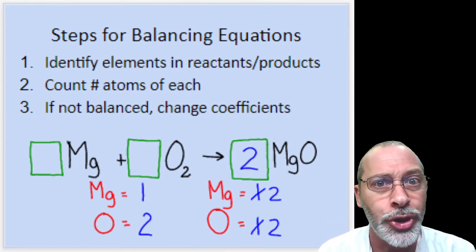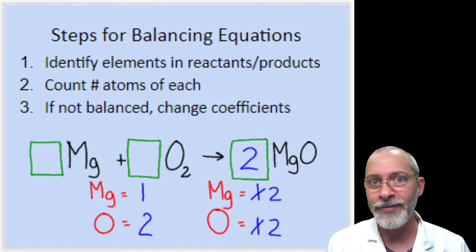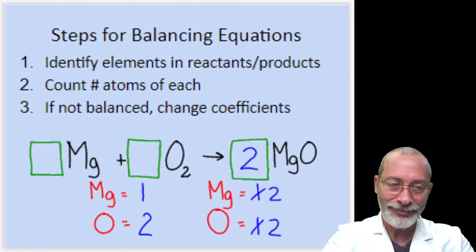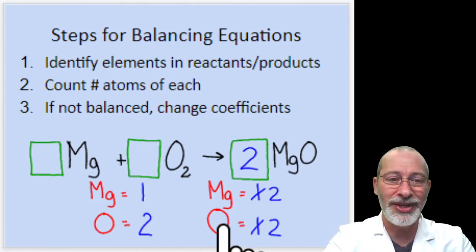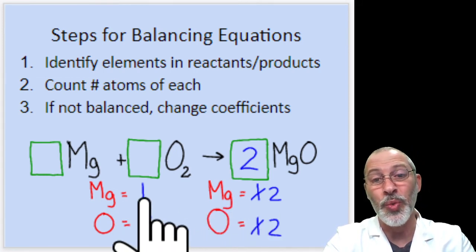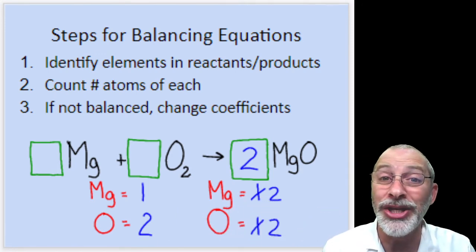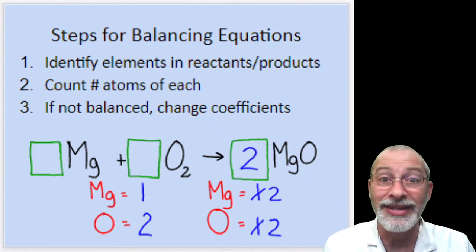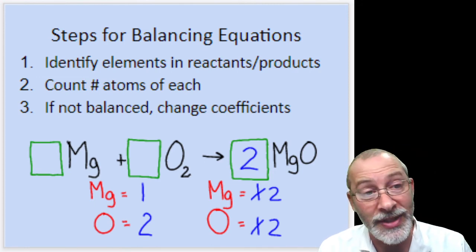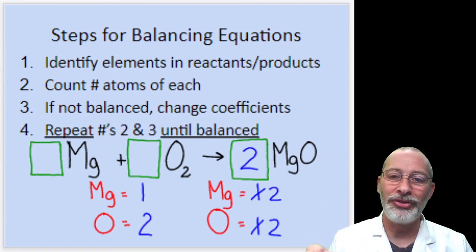No, that's premature. How many of you noticed that by fixing one dilemma, we created another? We may have fixed the oxygens here, but look at what happened to the magnesiums. Does 1 equal 2? No, it does not. Does this equation break the law? Yes, it does, which means we've got to go on to step 4, which is repeat steps 2 and 3